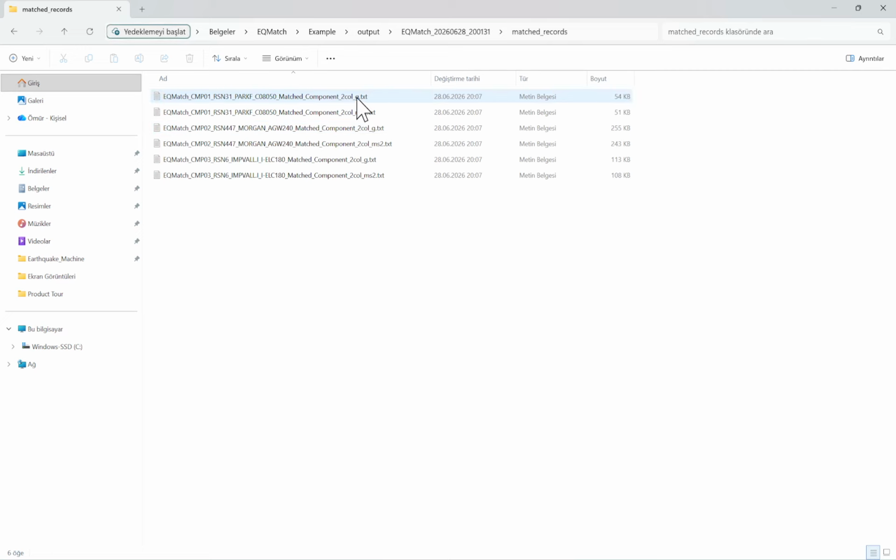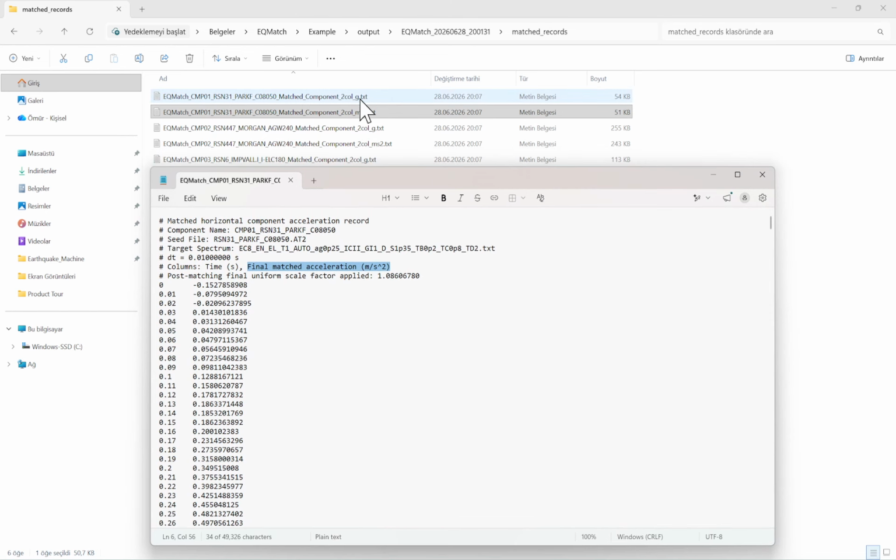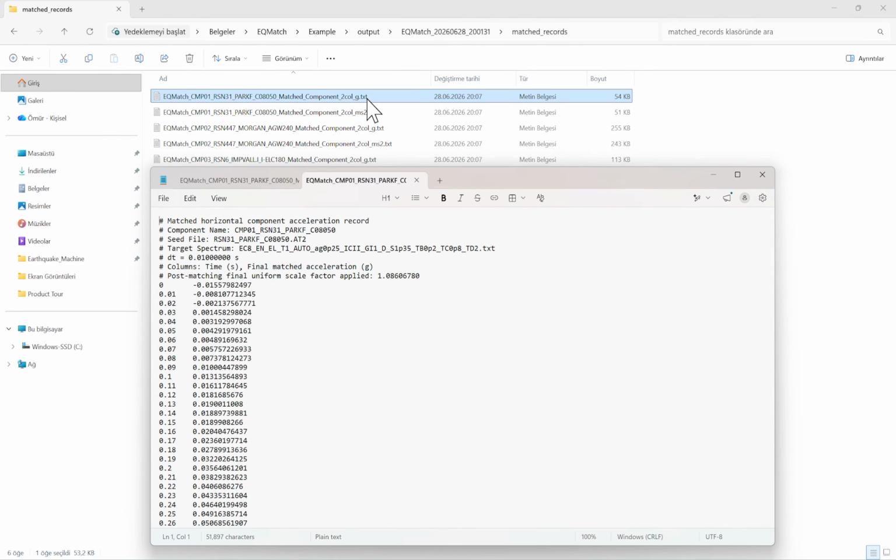It also has g units and meters per second squared units for acceleration records. We can see the final matched acceleration, and we can also see it in g units,